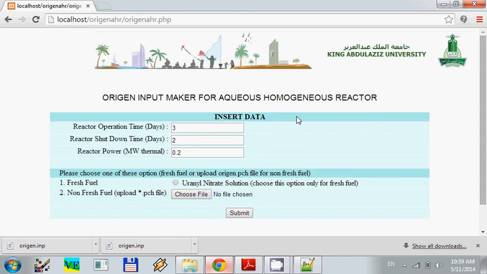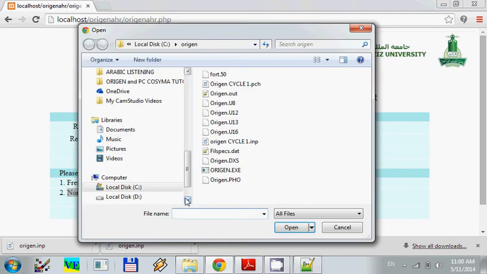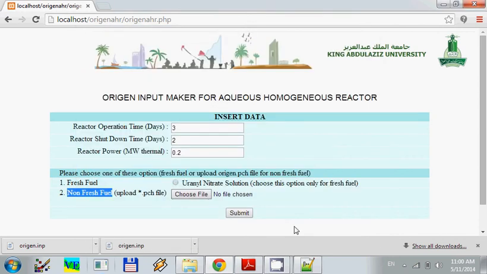For the second cycle, the reactor operating time, shutdown time, and the power are the same, but the difference is the fuel. We are using non-fresh fuel, so we upload the .pch file. The input of the fuel is the output of cycle 1. We submit,